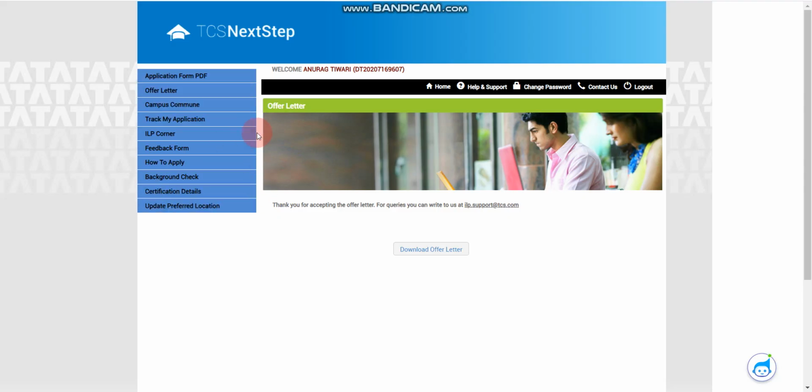One more thing, many candidates are waiting for offer letters. If you are waiting more than 15 or 20 days for the offer letter, it means there are fewer chances, because TCS is not sending rejection mail. Currently TCS is not sending rejection mail, and no one has received a rejection mail yet after the interview. So please have patience.